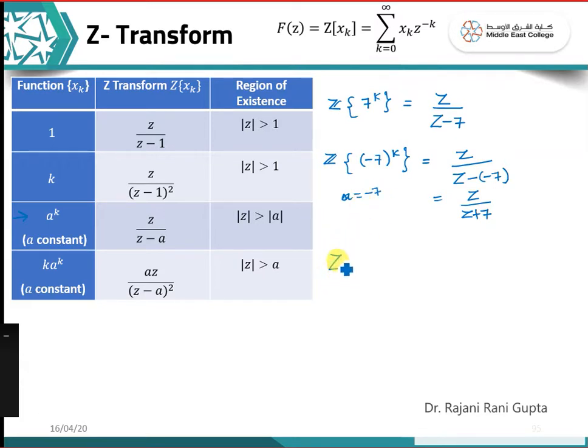Another concept that can be based on the same question: what if I have 7 to the power 2k? How do we work with this? Here you can use the property that x to the power mn is the same as writing x to the power m times n, or x to the power n times m.